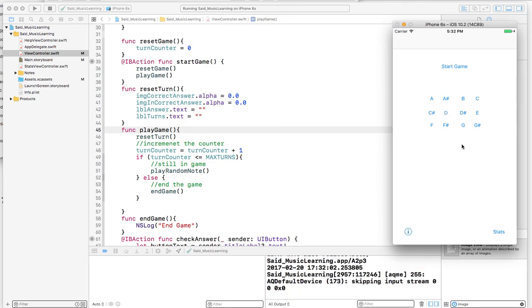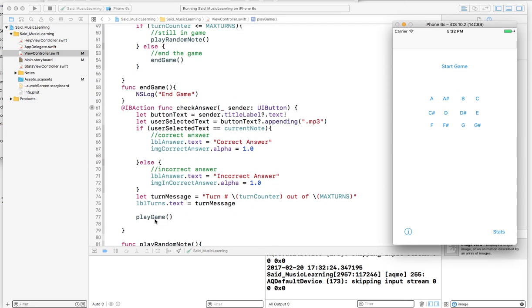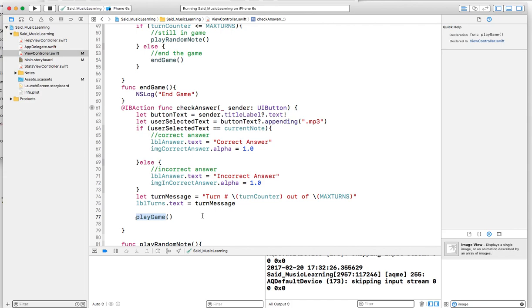and notice here, because I turned them off, I don't see anything. So did something wrong happen? Actually, no, nothing wrong happened. But it's happening too fast. The actual feedback showed up, but because I immediately, after displaying the feedback, I immediately called the play game,